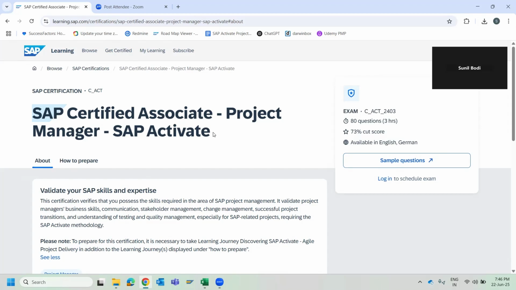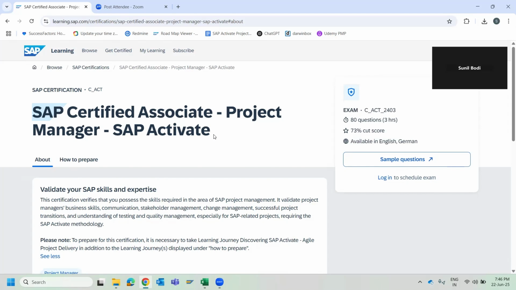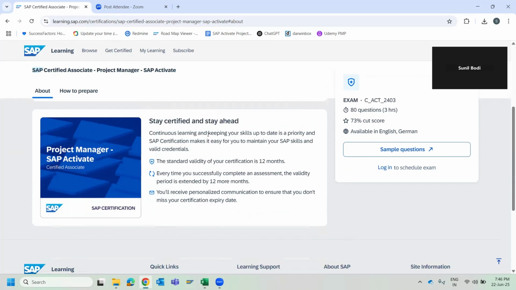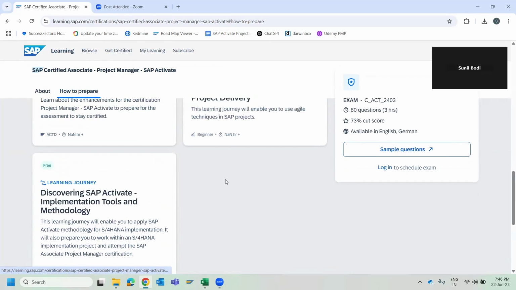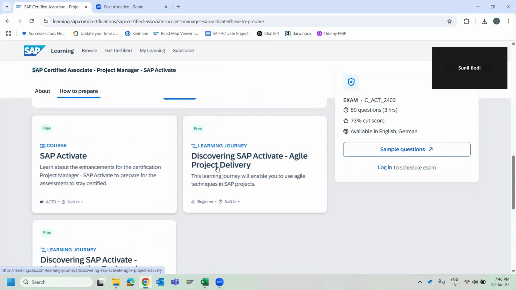So I would encourage you to go through all the 30 hours of learning content before you take up this exam. And if you wish to learn multiple other learning parts as well, I recommend you look at these three particular learning journeys, which are provided by SAP for free on learning.sap.com.